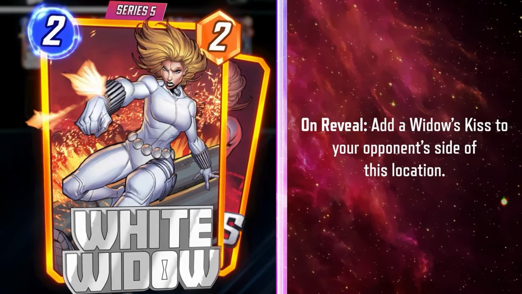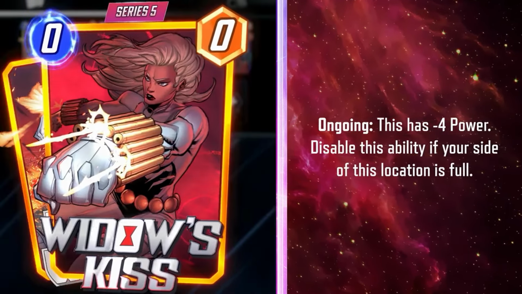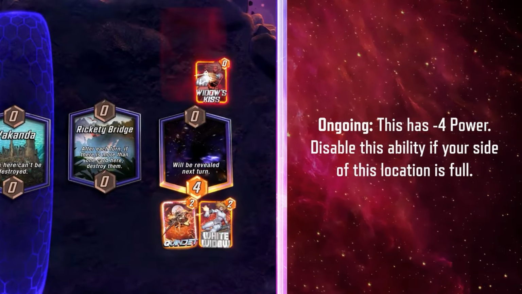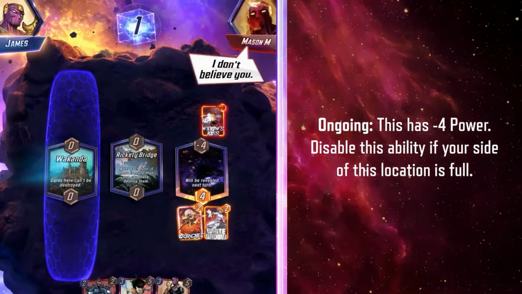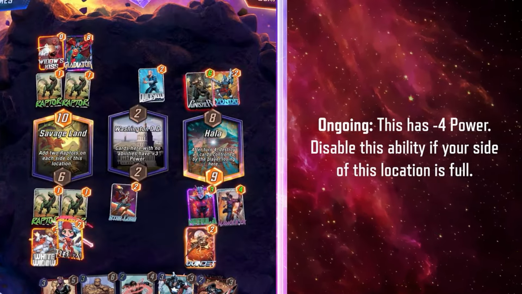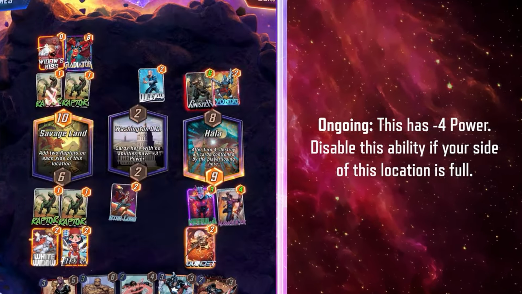White Widow is a 2/2 with an on-reveal ability to add a Widow's Kiss to your opponent's side of this location. She's going to fit perfectly into junk decks. That Widow's Kiss is a 0/0 with an ongoing ability. This card has -4 power. Disable this ability if your side of this location is full. And the your that we are referring to is your opponent. Your opponent will need to fill up that location in order for that Widow's Kiss to go from a -4